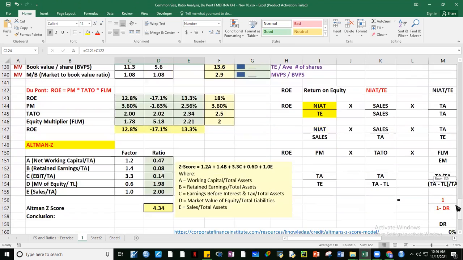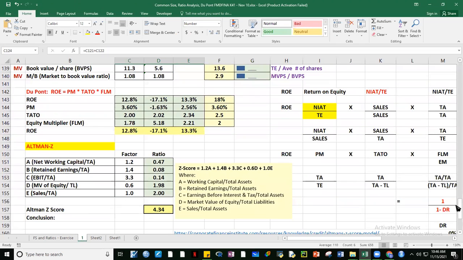And then we also looked at DuPont, guys, which says that yung ROE, which was a very important measure before, no? Noong early 1900s, pero ngayon, guys, na-overtaken yan by other measures, but still it has its relevance. So ROE can be decomposed into three measures: yung profitability measure, yung TATO, at saka yung equity multiplier. The higher the profitability measure, the higher will be the ROE. The higher the TATO, the higher will be the ROE. The higher the FLM, financial leverage measure, ibig sabihin, kung tataasan natin debt ratio, tataas yung paggamit ng debt, pwedeng